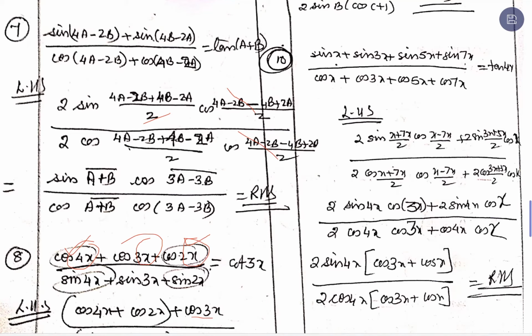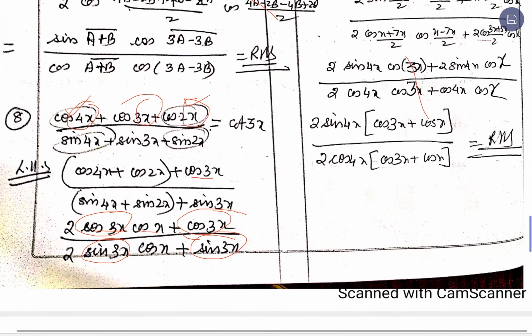Here the next question we have a combination of 4 expressions. So, we need to identify which two to be combined. So, it is better that we take up a combination of x and 7x, because this gives us 4x and 3x: x plus 7x upon 2 is 4x, x minus 7x upon 2 is minus 3x. A combination you will get same one of the factor here also, 3x plus 5x upon 2 is 4x, which is there in the first two combinations. So, that means we will pair it up, we will go for this pair and these two pairs. So, that we get some common factors, and the common factors on cancellations